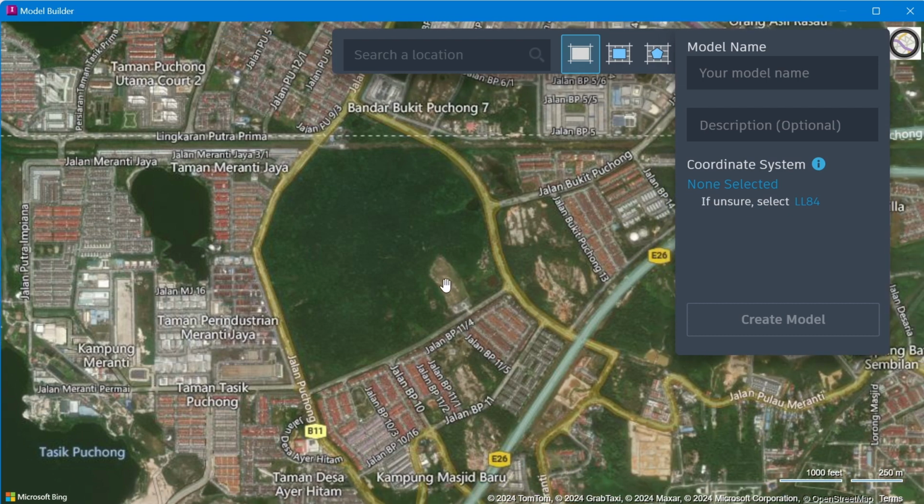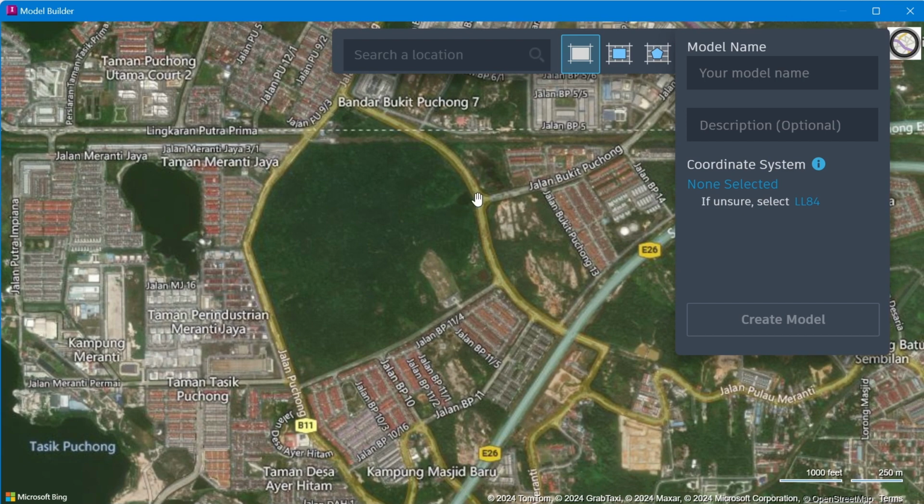Okay, in this area we have some water, looks like a water ponding area here, and then there is a TNB transmission line here, and then this is Bukit, a hilly area, and also some developed area already here.